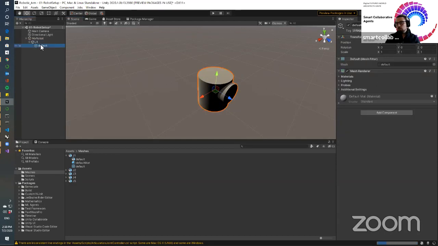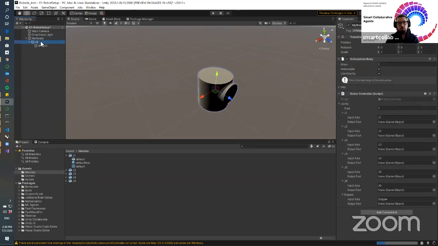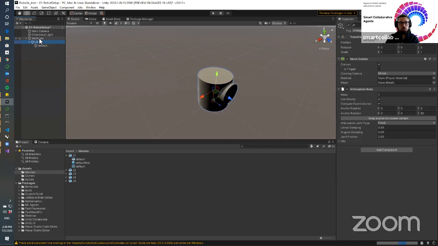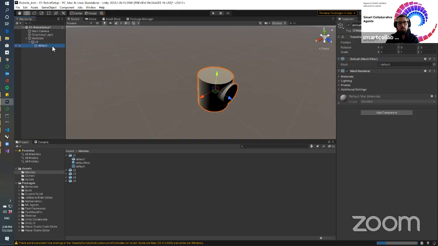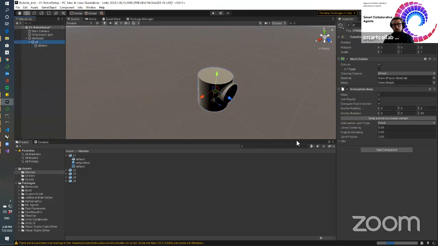And this is what you get, the first link of our robot. And it assumes a local position. So you see it's at 0, 0. This is at 0, 0 because it's in a local position because of this guy. And this is also in a local position because of that guy. So this is okay. Now we can go back to J1